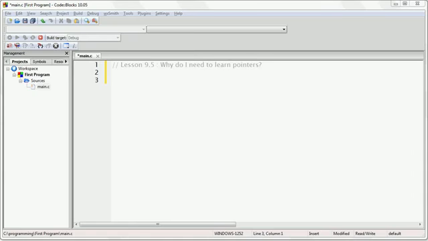It has been said in many books and by many students that pointers are one of the most difficult subjects to master in programming. And for this reason, I've been taking this subject very slow, and I hope that everyone has been able to understand the material so far. And of course, please let me know if that's not the case.